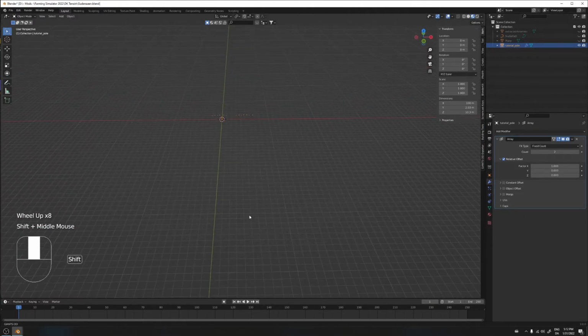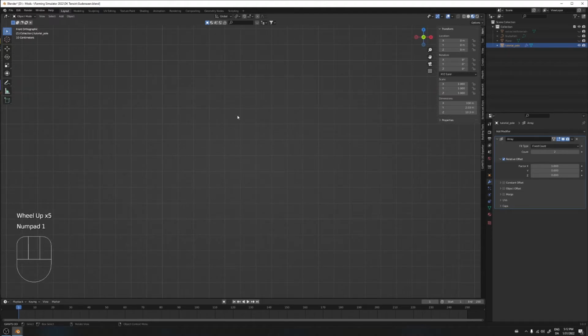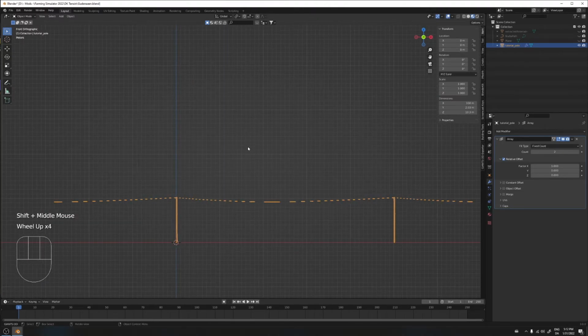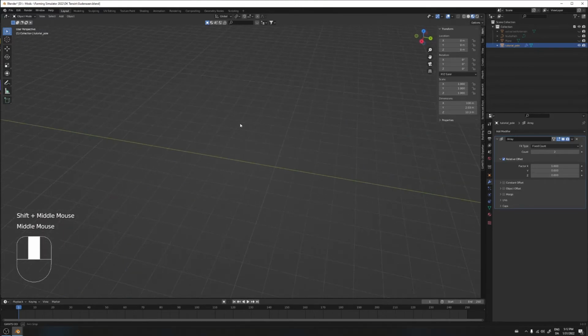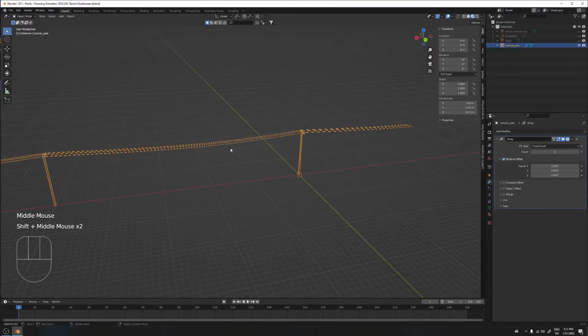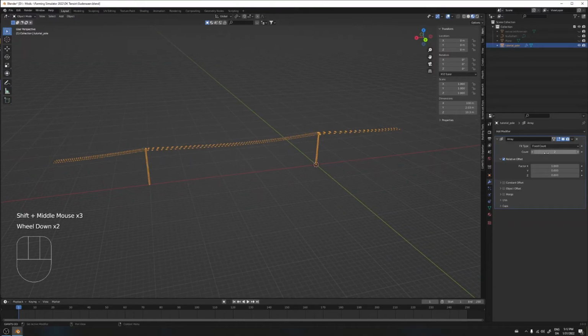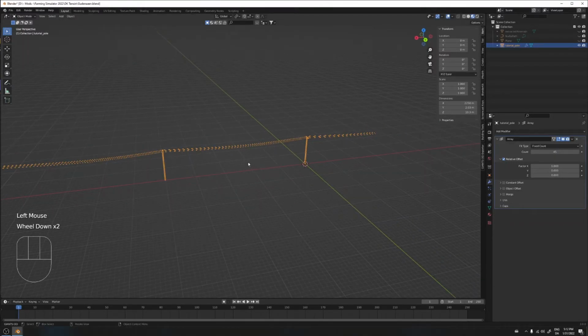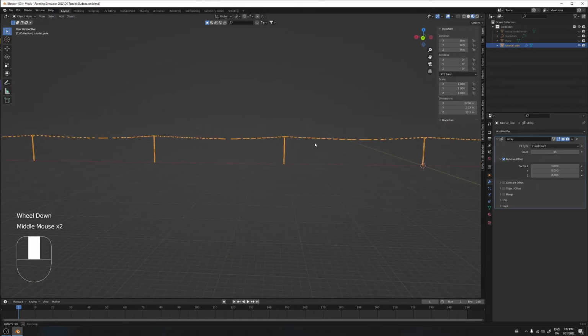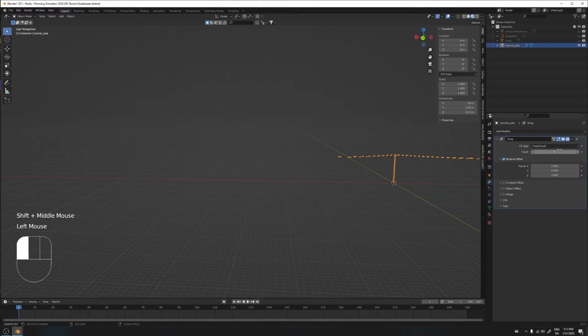If I zoom down here, press 1 to see it from the side, and then that's the issue with large maps. Movement. There we go. So array essentially copies, and you can see I made 45 copies of this one singular